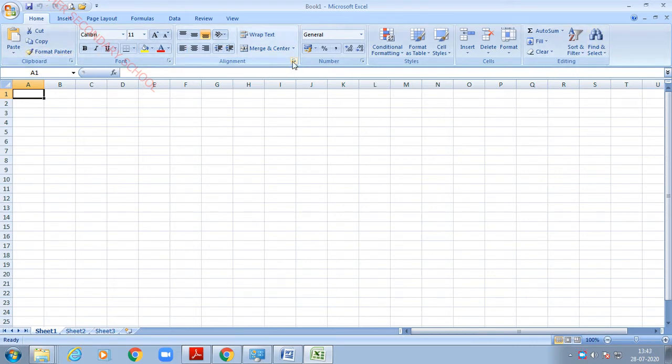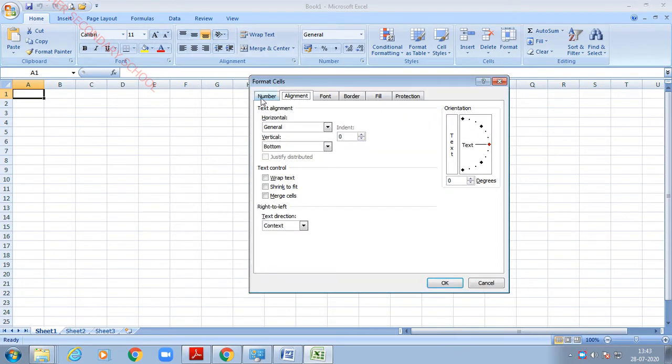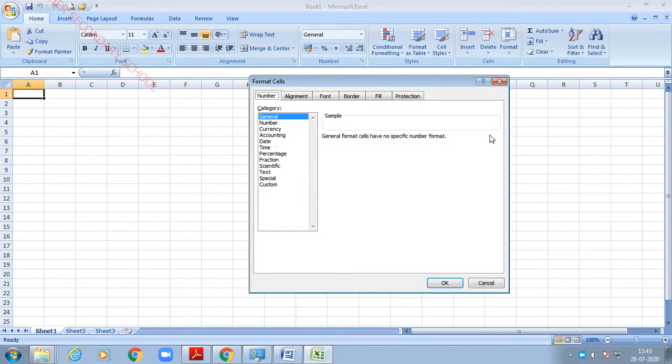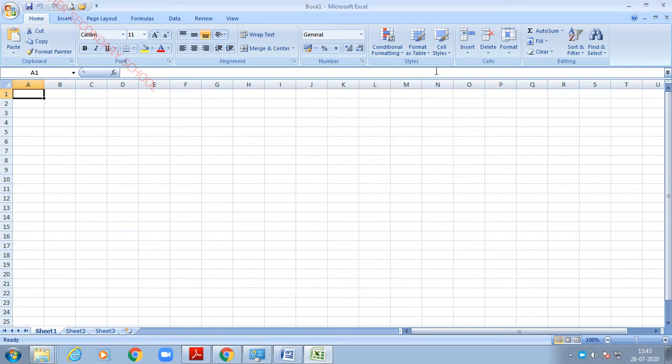If you click this small icon, one dialog box will appear according to the alignment. If you click this small icon, you will get the number format cells dialog box. For that purpose we have a dialog box launcher here, and except this title bar, this portion is called a ribbon.